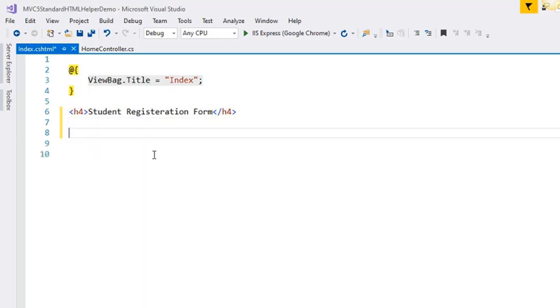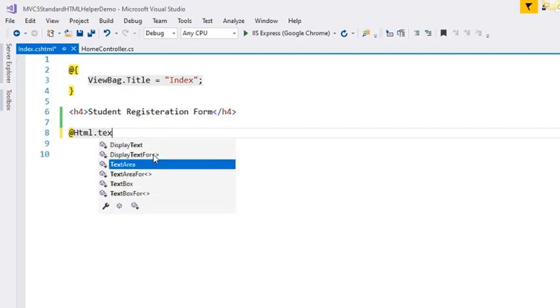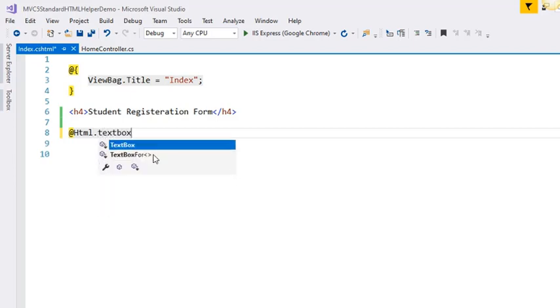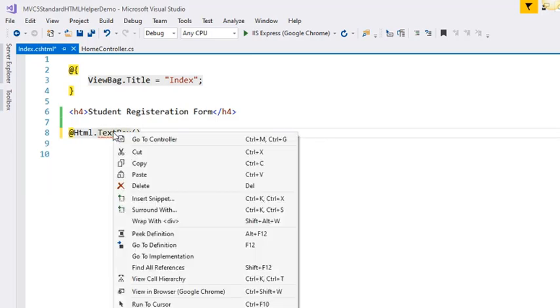Just to understand, first we are going to look at HTML.TextBox. If you write @HTML.TextBox, right click on TextBox and go to the definition,